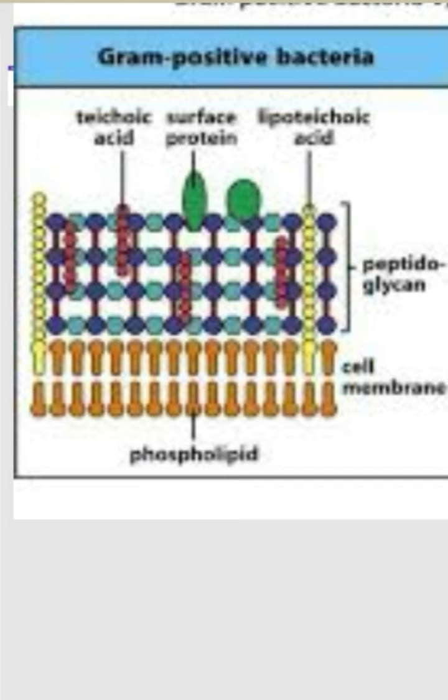Whenever we look at the detailed structure of bacteria, the innermost layer which surrounds the cytoplasm is the cell membrane, which is also called the plasma membrane. So, whether it is a gram-positive bacteria or a gram-negative bacteria, both will have a cell membrane or a plasma membrane which is made up of phospholipid. In gram-positive bacteria, external to the cell membrane is a thick layer of peptidoglycan.